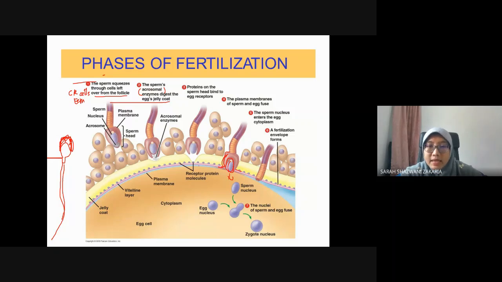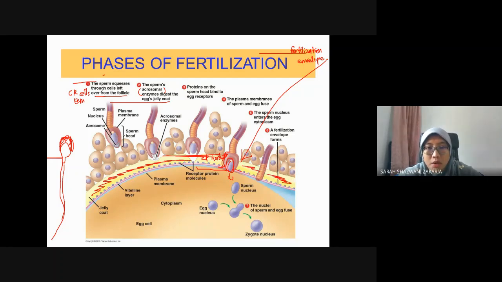At the same time, the zona pellucida will harden. So this hardened zona pellucida, we call it the fertilization envelope. Later you will come across this word, fertilization envelope. This hardening of this part over here